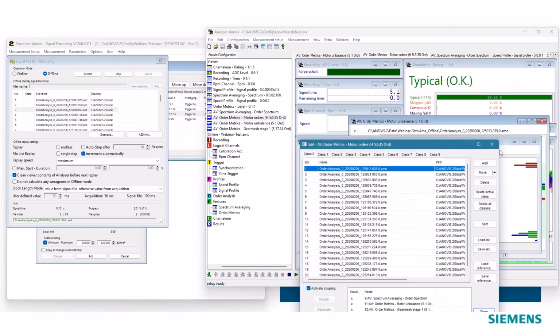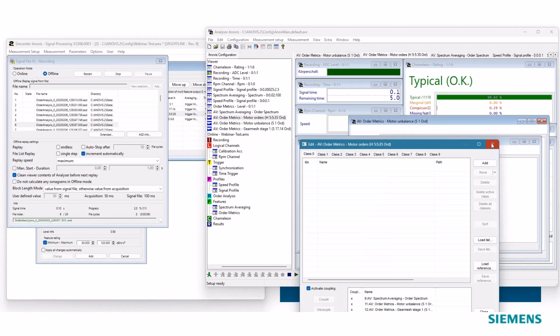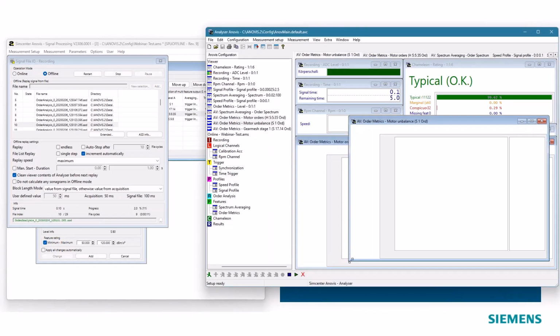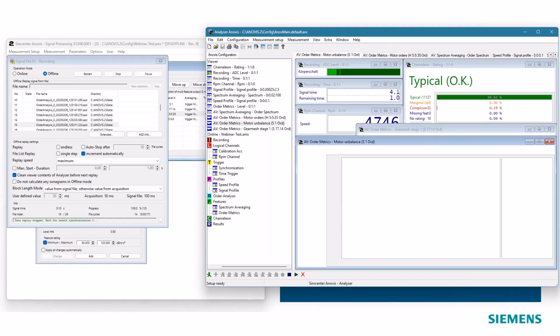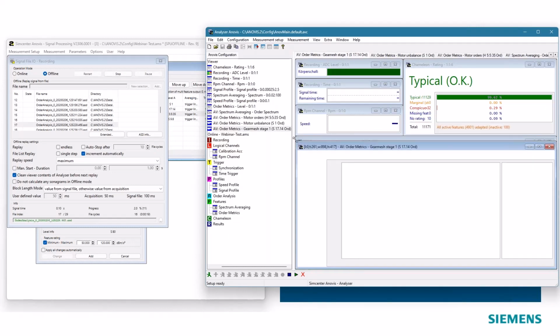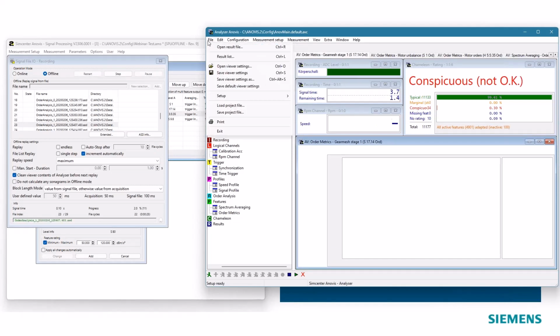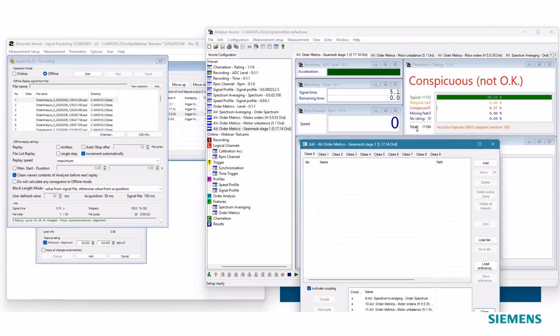In the meanwhile, I can tighten this a little bit up, put this in the right position so that it looks nice. I can save my viewer configuration so that it does not disappear in case I restart the system. So now I recalculated all the data.